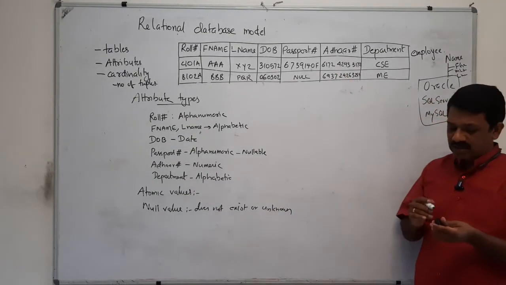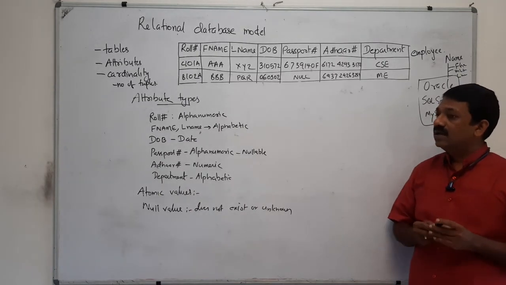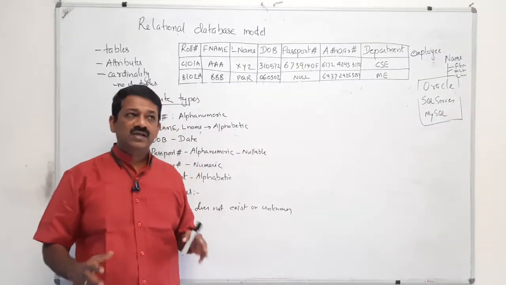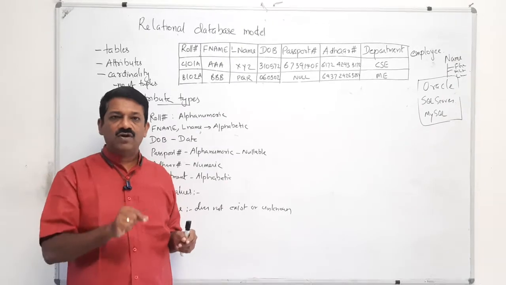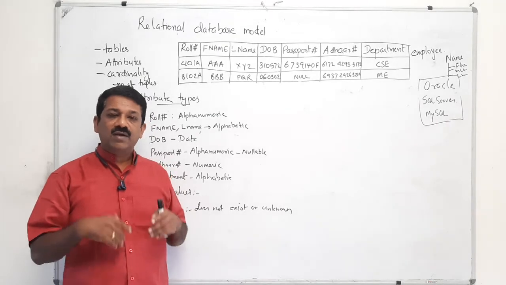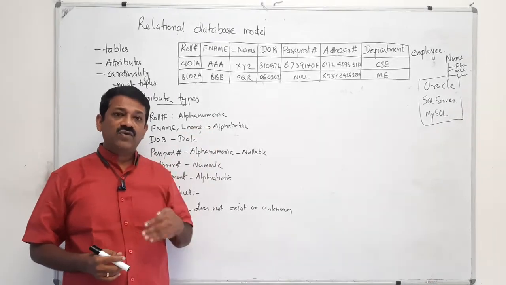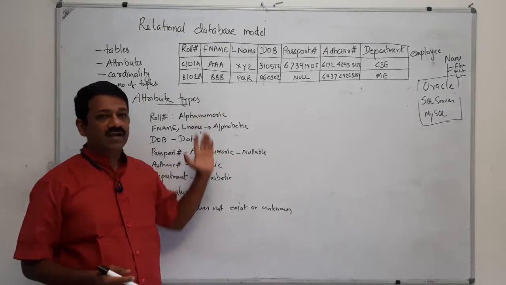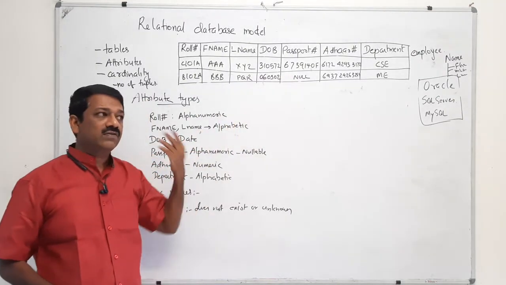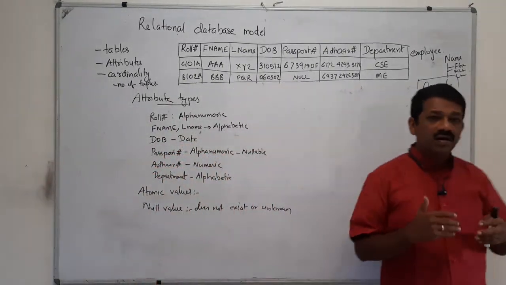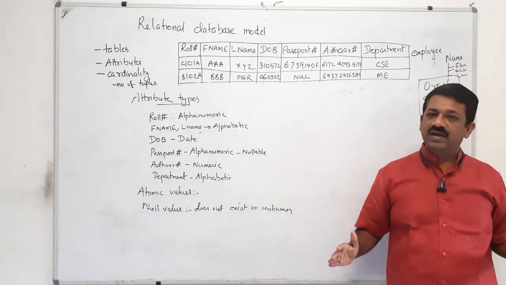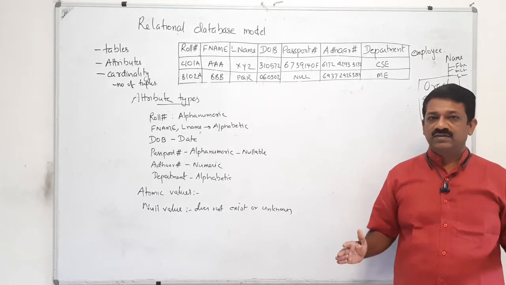So, that's all about relational data model. And as you know, in relational data model, everything is stored in the form of tables, and you have a set of rows and set of columns. Set of columns are called attributes and set of rows are called tuples, and number of tuples in the relation, or number of records you have entered in the database, is called the cardinality of the relation. Then you know what you mean by null values, and one other condition is all the values you are going to enter should be atomic. Atomic in the sense you cannot split that again into different meaningful entities. Okay, thank you.